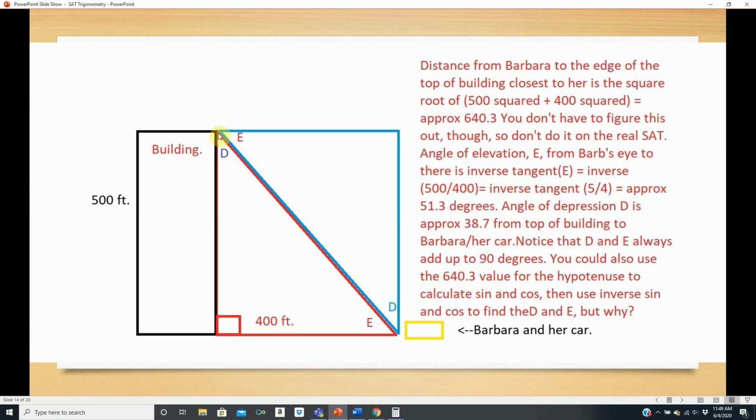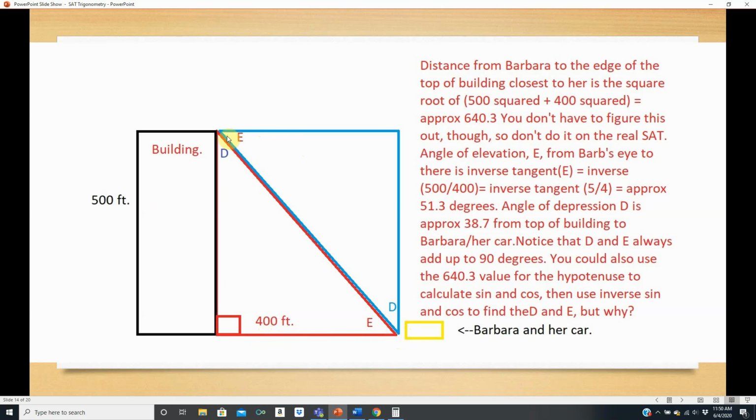Okay, we know this is 500 feet. We know this is the bottom corner of Barbara's car. And the reason I say the bottom corner of Barbara's car rather than Barbara's eye is I don't know how tall Barbara is. If she's 5 feet, then the difference is going to have to be 495 feet, 500 minus 5. I didn't want to make the problem that hard, so I'm just going to say it's 500 feet from the very bottom of Barbara's car. I guess we'll pretend that's lined up. All right, so we know this is 500 feet. We know this car is parked exactly 400 feet away. All right, so we can figure out